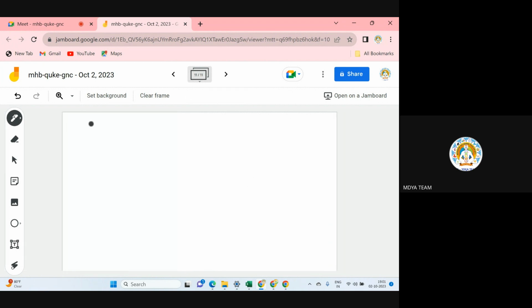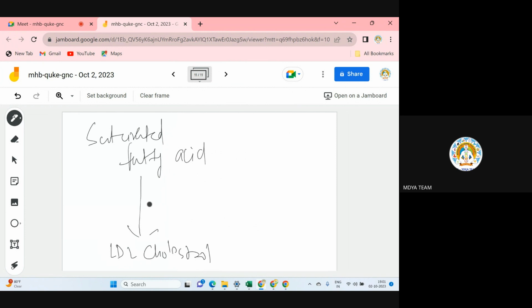So in summary, we can say that if we are taking saturated fatty acid, then our body will produce LDL cholesterol. And in our body, who will produce this cholesterol? Liver. Liver, yes. So there is high chance that this LDL cholesterol will get accumulated in our arteries because of the very low hold, very low power of this LDL, low density lipoprotein.